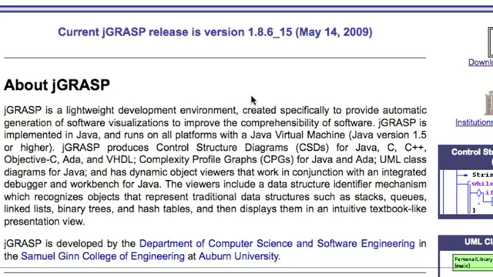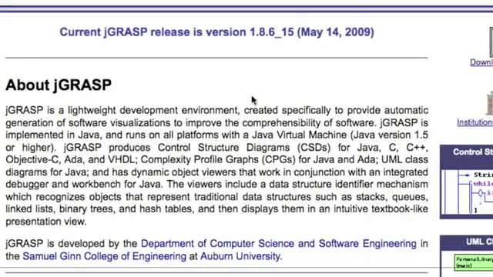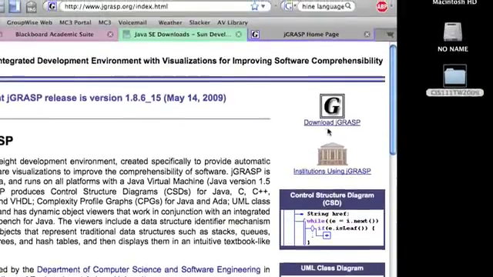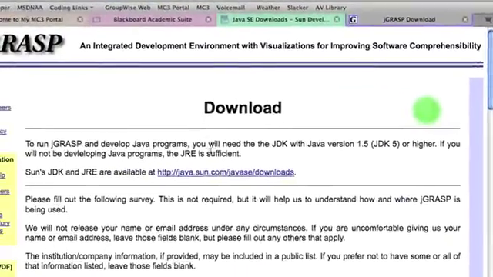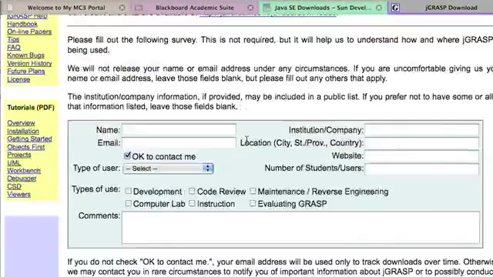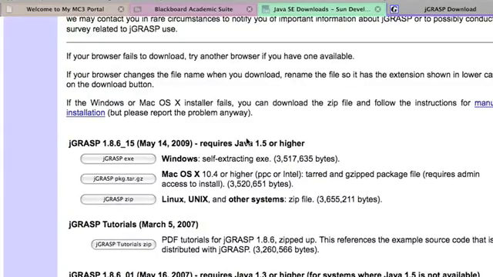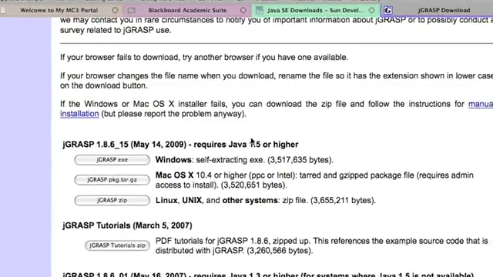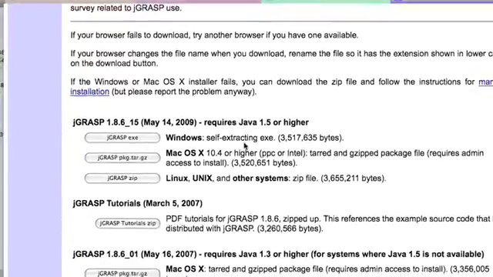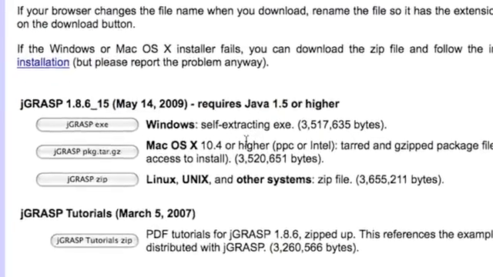A good way to think about it is that the Java Development Kit, or the JDK, provides the stuff the computer needs to build the program. The IDE provides the stuff that the human needs to write the programs that are necessary to run. So in this case, all you need to do is click on the download link on the JGrasp homepage. You'll scroll down, and remember you've already installed the Java Development Kit and rebooted. And then all you need to do is grab the newest version for your operating system. If you're using